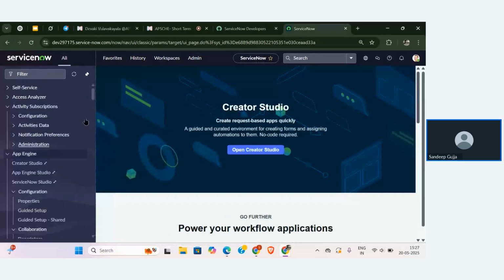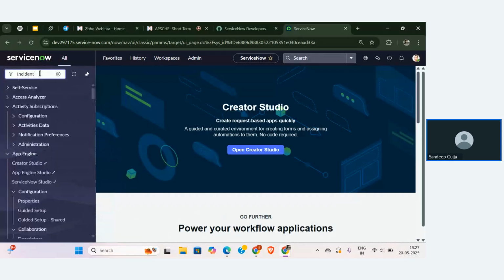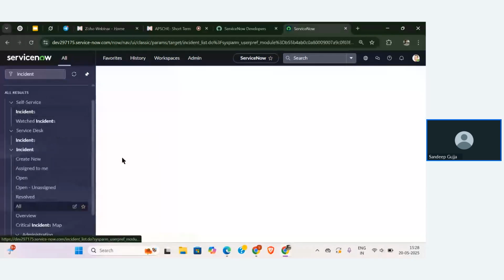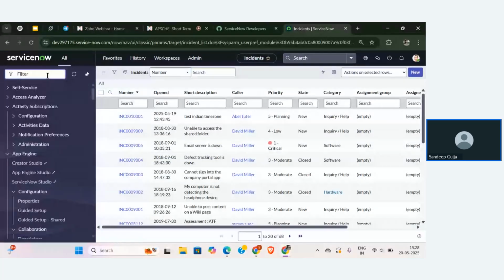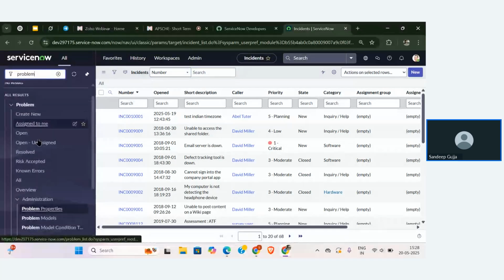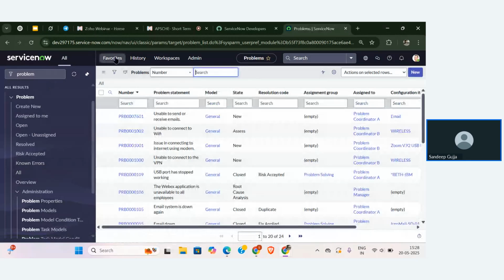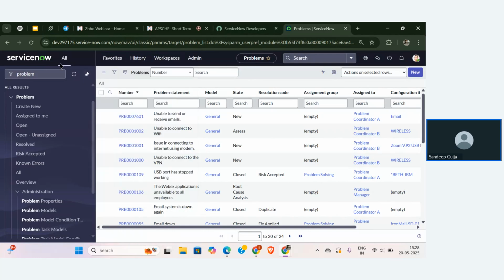Then whatever application I want to use, I can open it, I can search for it, I can see the records, and I can go to the table, everything. If I want to go to another table, I can directly go from here without even clicking on All. I can directly use this filter, and if I want to use any other navigations also, I can directly use that. There is no big issue in between. That is the main use of pinning.